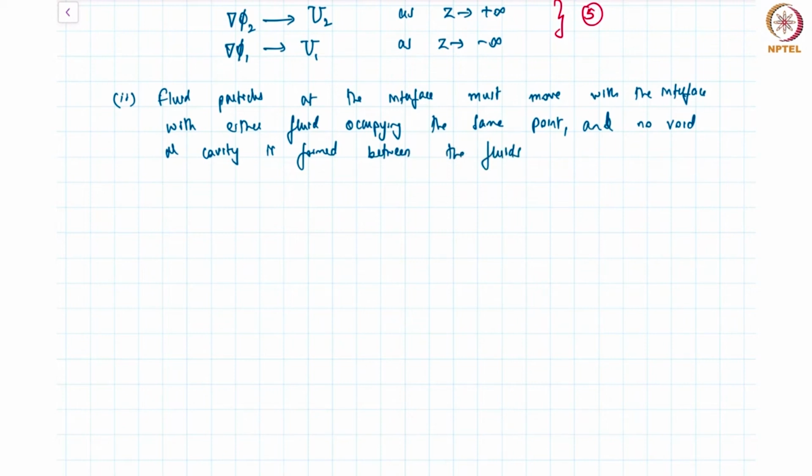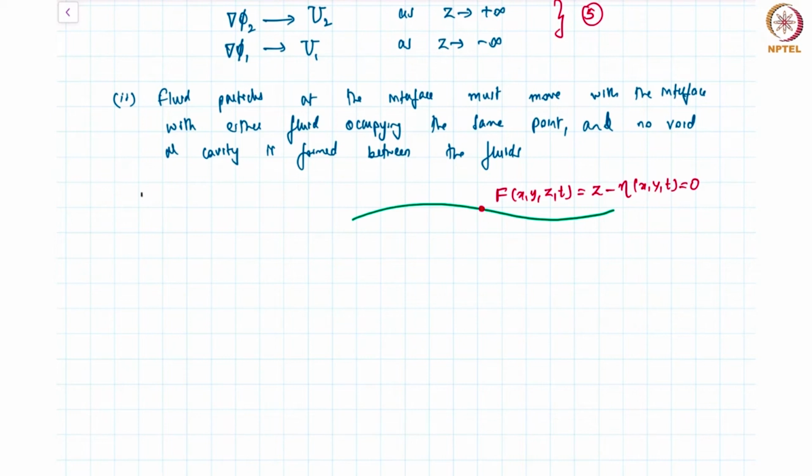What does this essentially mean? If we look at the boundary condition, if I consider a point on the interface, we want to find out how that point on the interface moves. Let's describe the interface with the function f, a function of x, y, z and t, such that f equals z minus eta of x, y and t, and this is equal to 0. So the kinematic condition essentially states